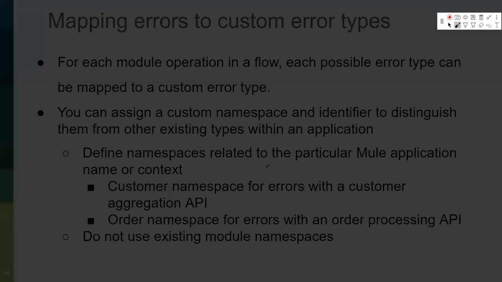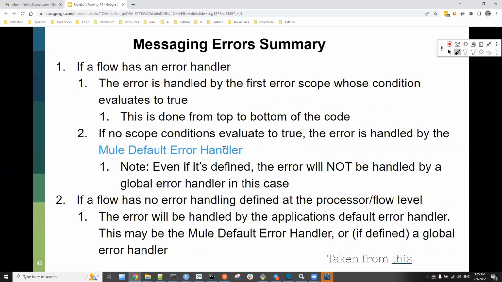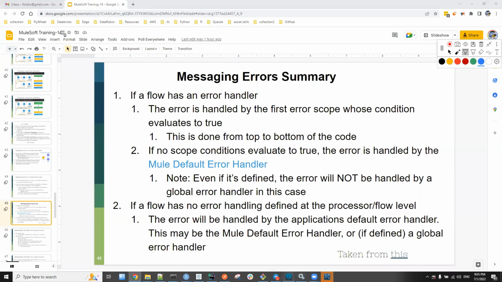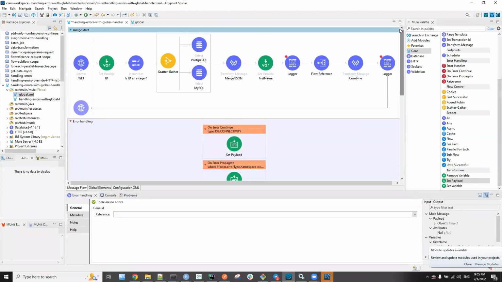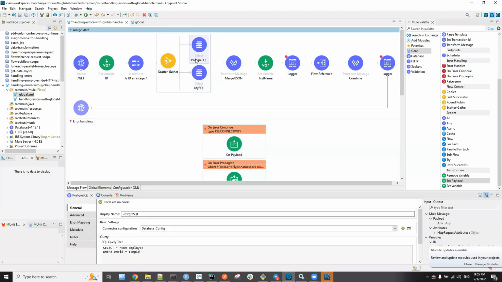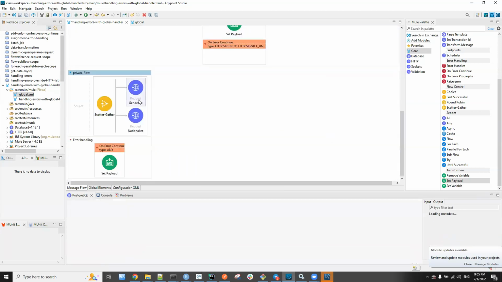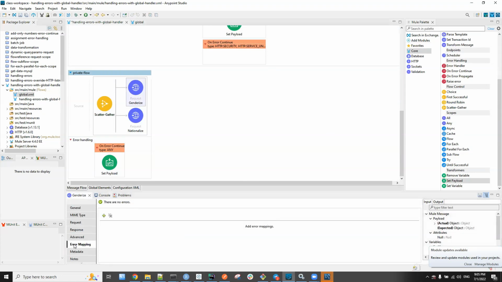Let's quickly check this. Okay, we can check it. So in here, I will stop this, and here we are connecting to two databases. On the Postgres one, you go under error mapping, by the way. See the select operation here, there is error mapping here. Or if it is in this request also, you see error mapping here. So you can map the errors by just clicking add new error mapping.